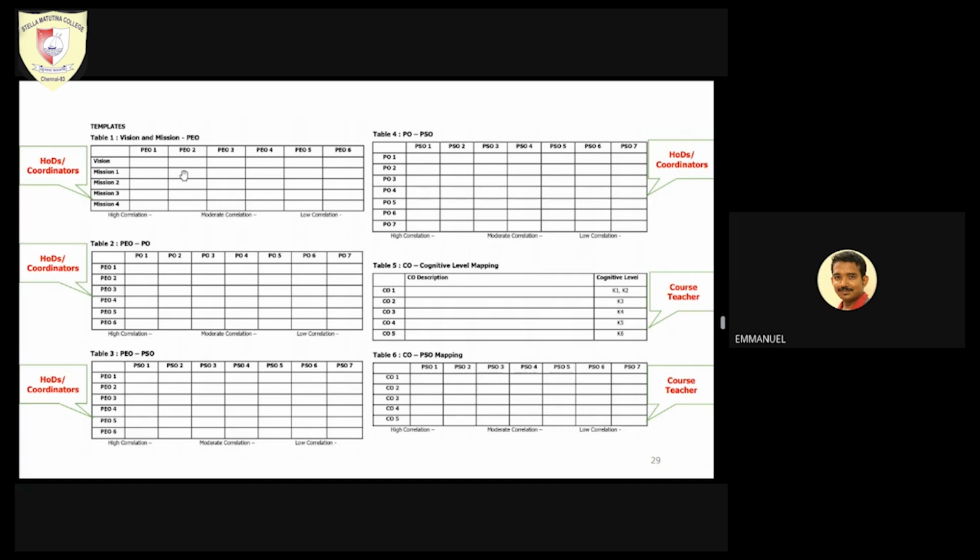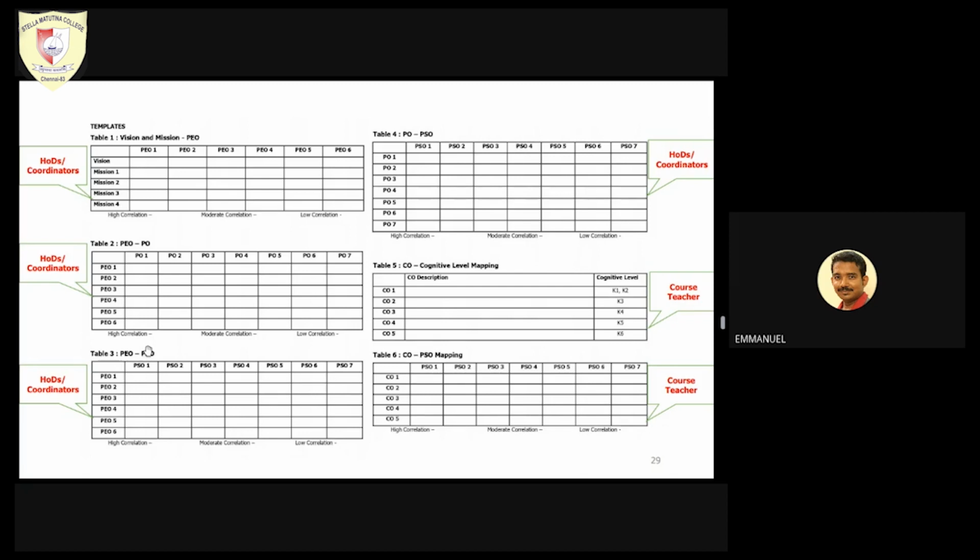With vision and mission statements and program educational objectives as a base, we have to create program outcomes. Then, with these three things as a base, we have to frame PSOs under the program offered by a particular department, like BSc Mathematics or MSc Mathematics. Keeping all these things as a base: the vision and mission statements of the institution, the PEOs of the particular school, the program outcomes related to the particular school, and the program specific outcomes related to the particular program offered by the department,